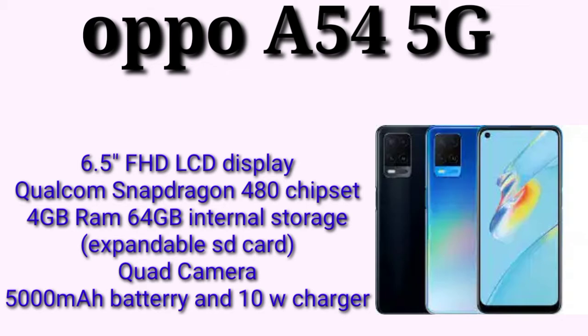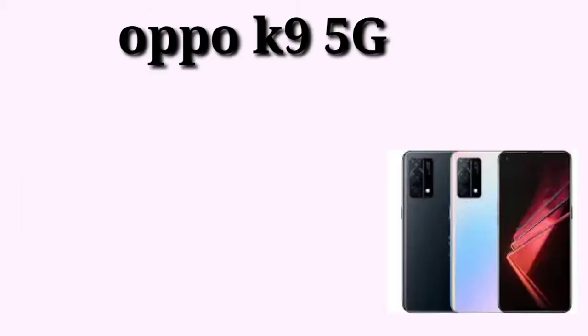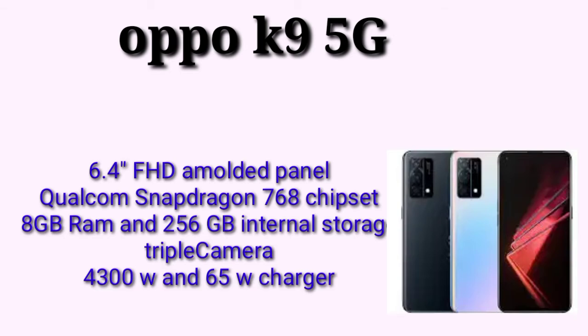And now talking about the next phone, it is Oppo K9. It consists of a 6.4-inch Full HD AMOLED display, and Qualcomm Snapdragon 768G is its chipset, and talking about its storage, 8GB RAM and 256GB internal storage, and talking about its battery backup, 4300 mAh, and it supports 65-watt fast charging,